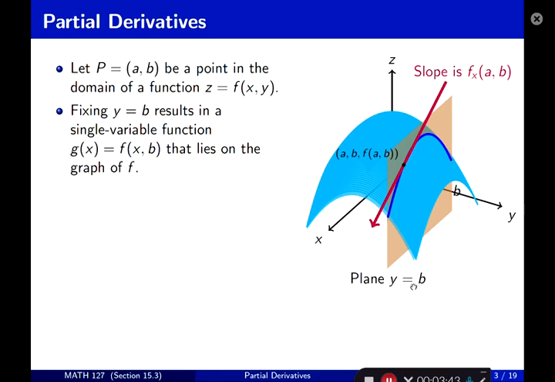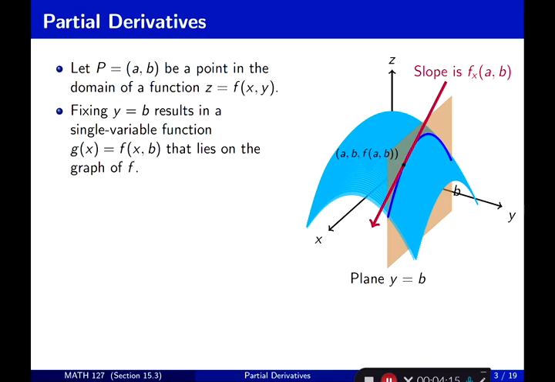And so the surface that is the graph of the function intersects with the plane in this blue curve. And the blue curve at point a, b, and f of a, b,